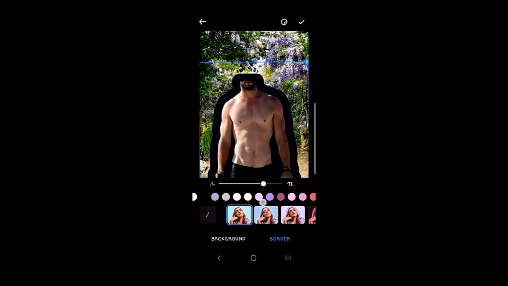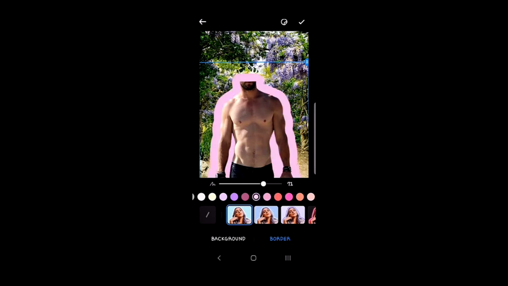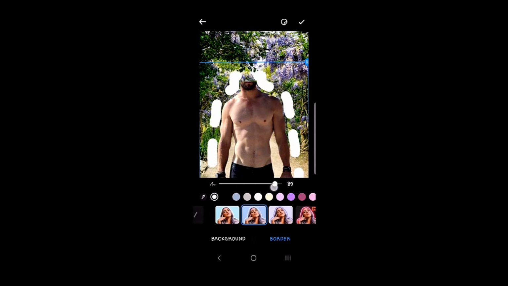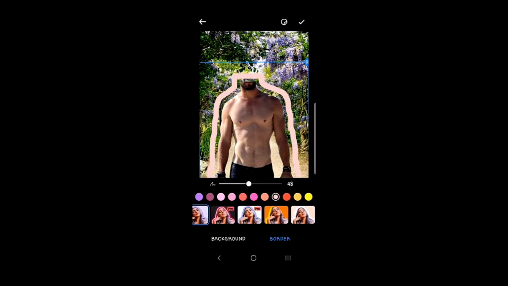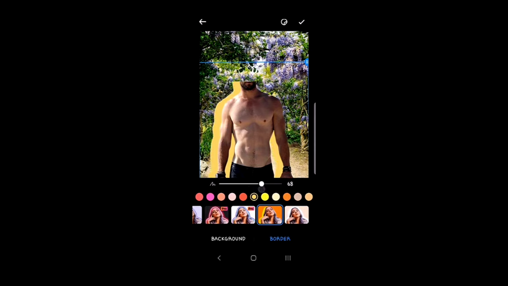You can adjust border color also, add different colors and different types of borders. With the help of this cursor you can make it thicker or thinner. Apply different types of colors which you want to apply. Some paid or pro borders are available and mostly they are free. You can apply as you desire. You can see as I am applying different colors. Make it thinner or thicker with the help of this cursor,